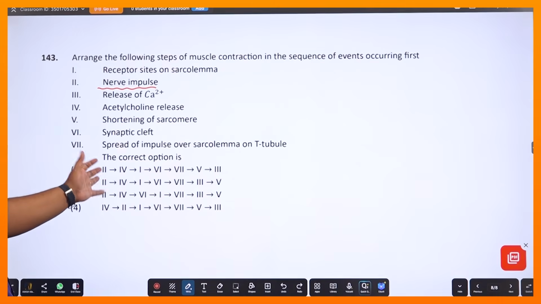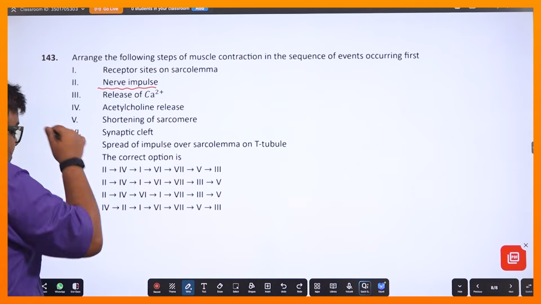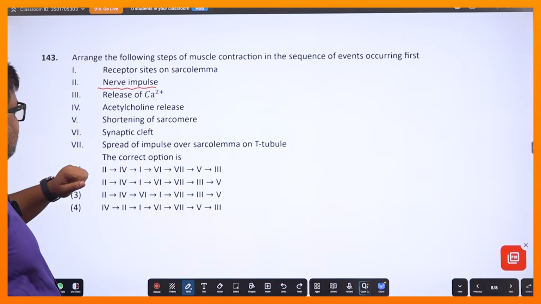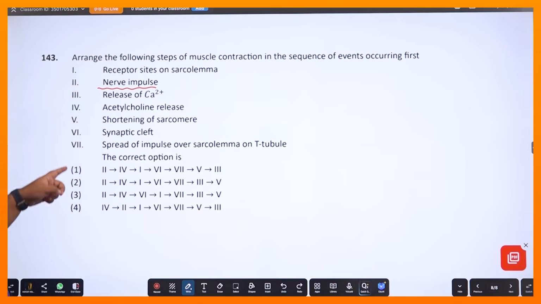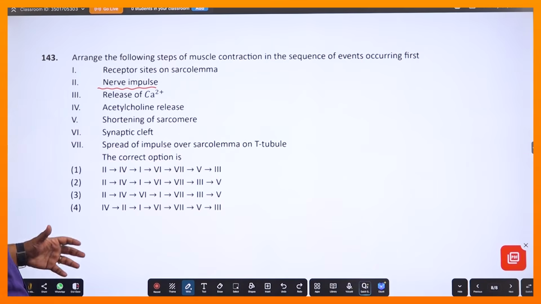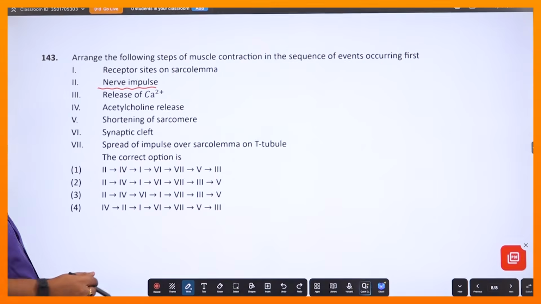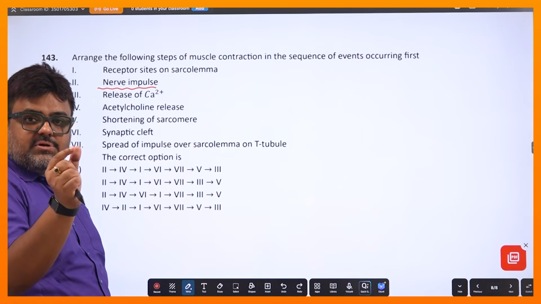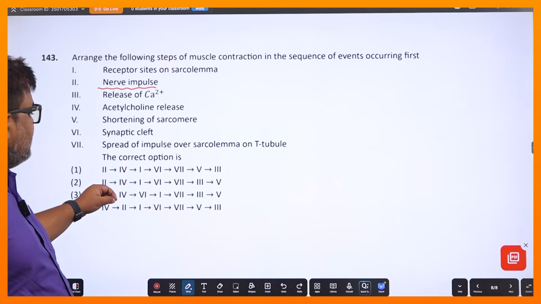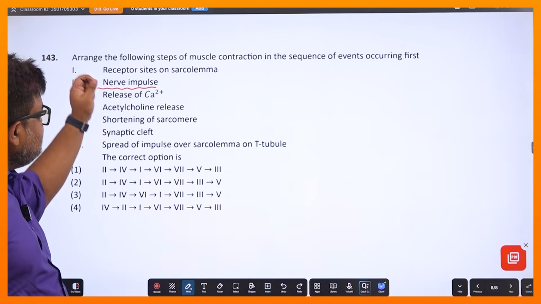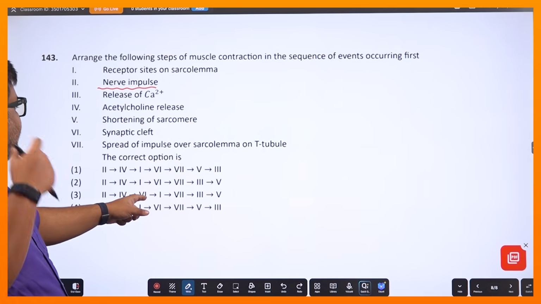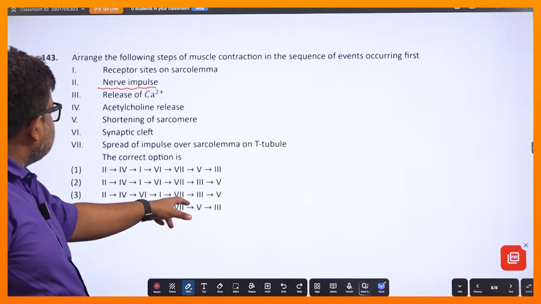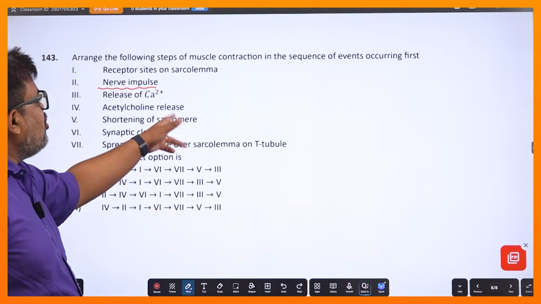4টা কি অ্যাসিটিলকোলিন রিলিজ, এটাও ঠিক। তাই জন্য দেখ 2 এর সাথে যেহেতু 4 আছে, আমরা 4টা না পড়লেও পারতাম, কিন্তু সিকোয়েন্সটা তো বানাতে হবে। তারপরে কি দেখি, যদি 1 এর দিকে তাকাই রিসেপ্টর সাইটস অন সার্কোলেমা, আর যদি 6 এর দিকে তাকাই সাইন্যাপটিক ক্লেফট, তা ডেফিনেটলি অ্যাসিটিলকোলাইনটা যে রিলিজ করবে, সাইন্যাপটিক ক্লেফটে যাবে, কারণ মোটর এন্ড প্লেটে নিউরোমাসকুলার জাংশনের ওই ক্লেফটের মধ্যে যাবে, সেখান থেকে সার্কোলেমাতে যে রিসেপ্টরস গুলো আছে তার সাথে বাইন্ড করবে, তারপরে ইম্পালসটা সার্কোলেমার মধ্যে ছড়িয়ে পড়বে অন দা টি টিবিউলস, অ্যাজ আ রেজাল্ট ক্যালসিয়াম রিলিজ হবে, অ্যাজ আ রেজাল্ট শর্টেনিং অফ সার্কোমিয়ার হবে।